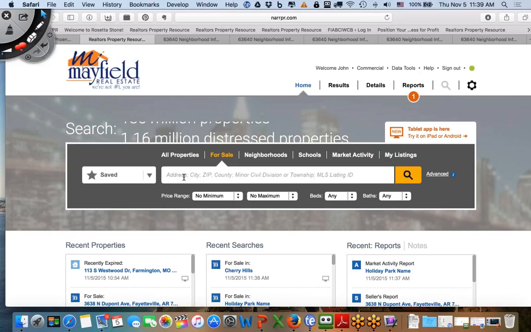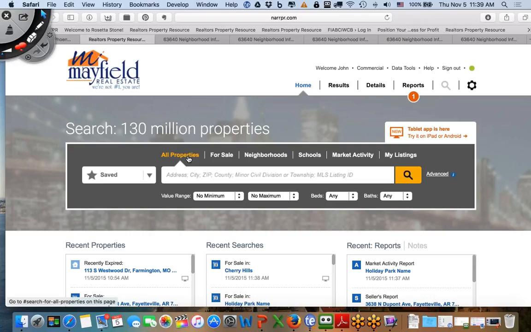You have the ability from the home screen to search by address of the property, city, zip code, county, and you can search by some other parameters that they give you there, but I'll be honest with you, I normally search by one of those methods that does the best for me. I want you to also keep in mind that if it's not on the market, you want to search under all properties. If you're looking up something that's already in the MLS, then make sure you select the For Sale